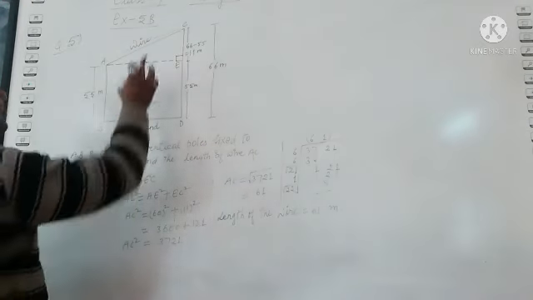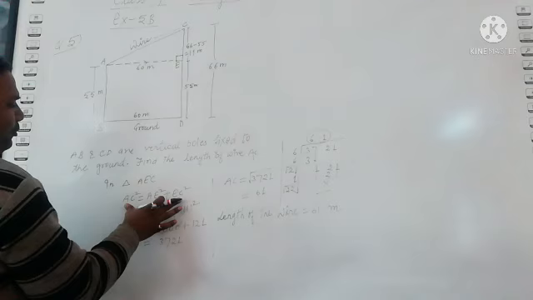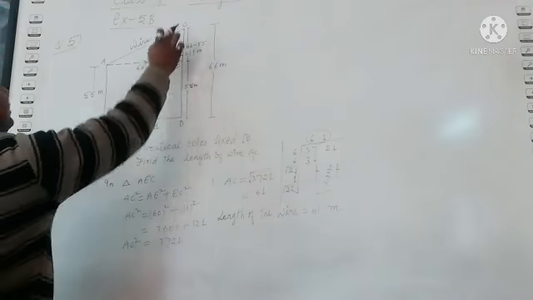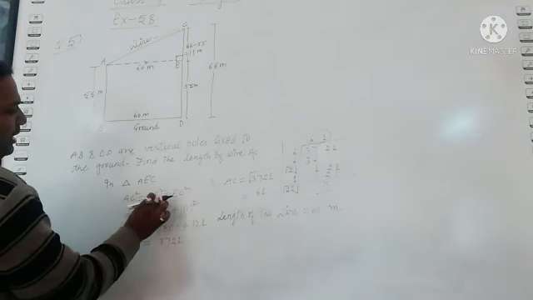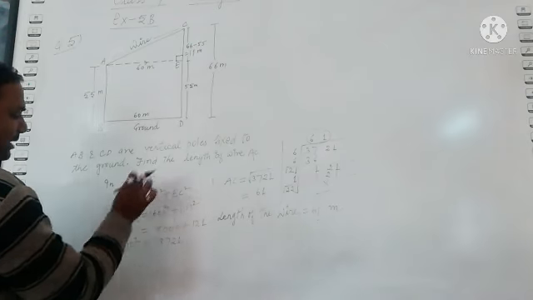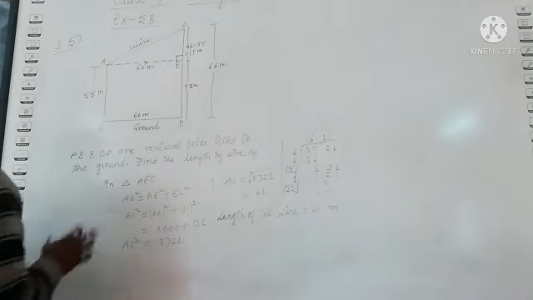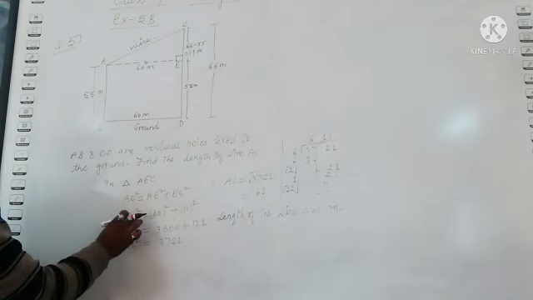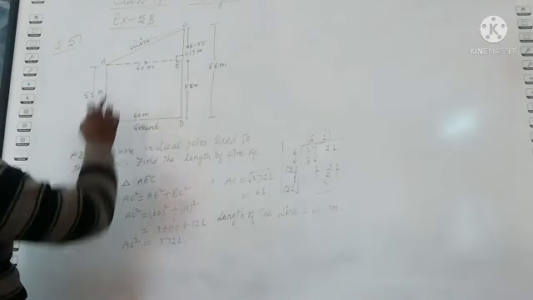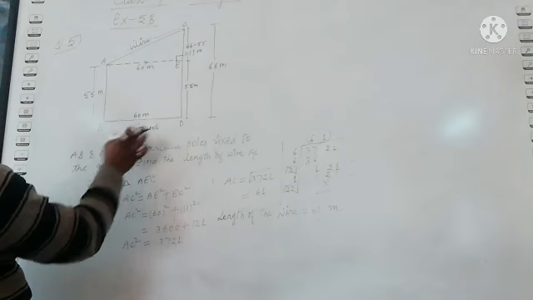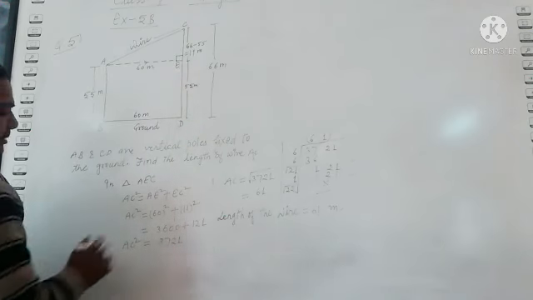Okay. So AC is the hypotenuse, so we will use Pythagoras theorem in triangle AEC. Hypotenuse square is equal to first side square plus second side square of a right angle triangle. Okay, so AC we don't know, and AC is the length of wire. So AC square equals AE, that is 60 meter, because AE is equal to BD and BD is 60 meter, so AE is also 60 meter.